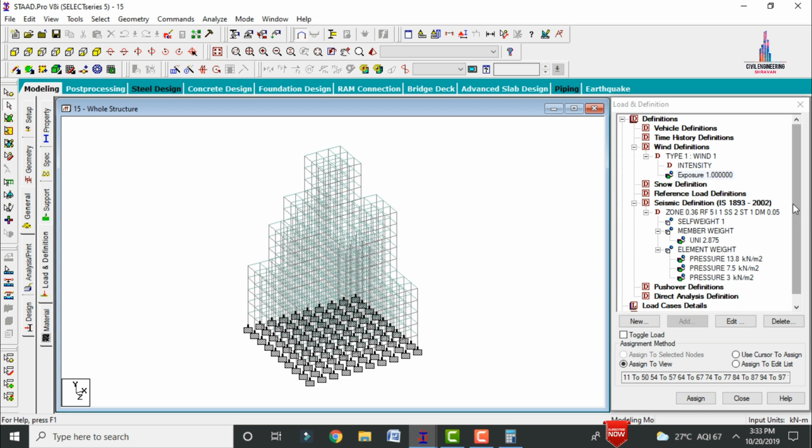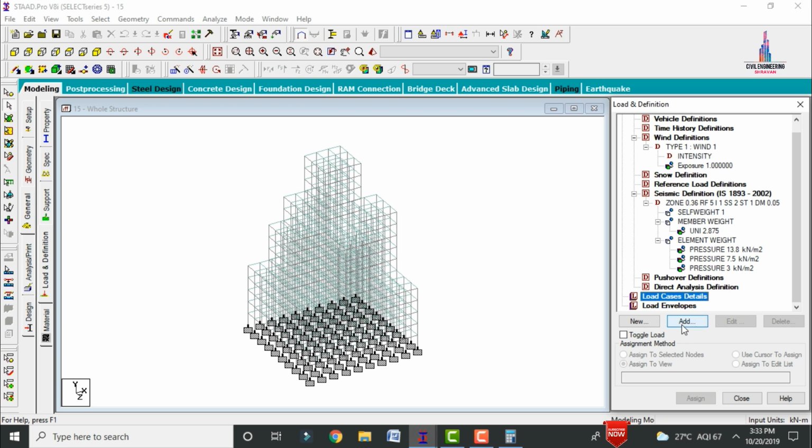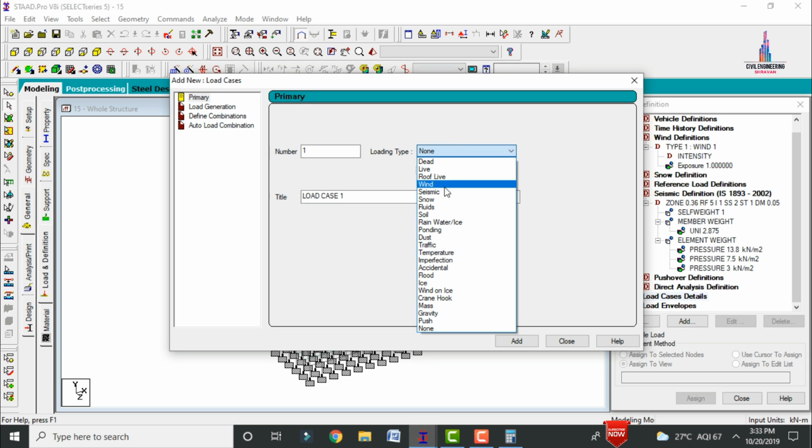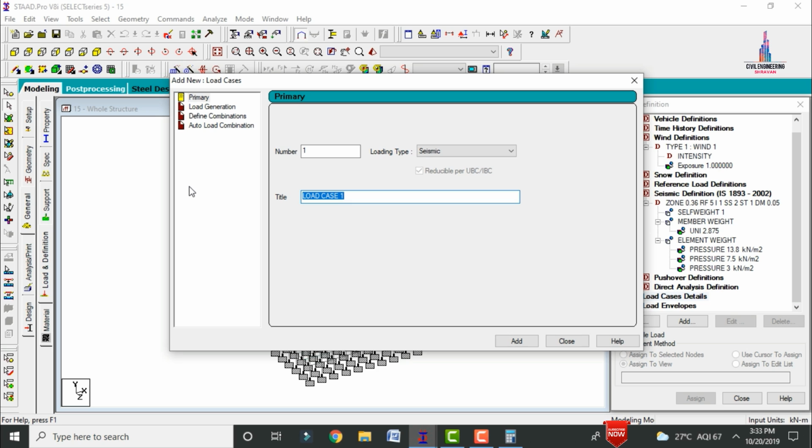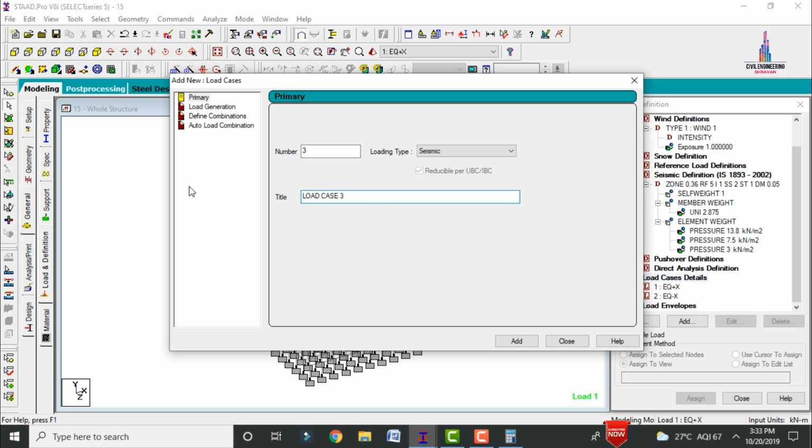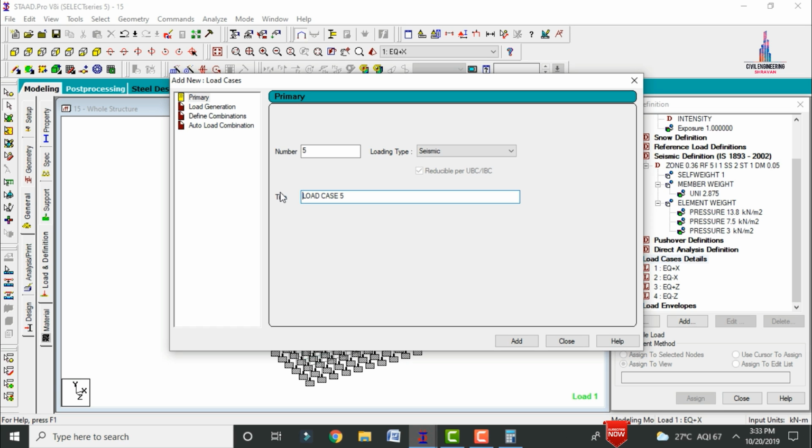Now we have to add the load case details for this building. Select the load case details option, click on add. Firstly we have to define a seismic condition. For this building, I will consider the seismic condition in plus values as well as minus values in all directions. Basically, in my previous videos I considered only the two directional condition. For simple understanding and simple application of the load cases, I will consider the earthquake loading condition in the plus direction as well as the minus direction here. So earthquake load which is of minus z. You can consider two directions or four directions, depending upon your considerations.